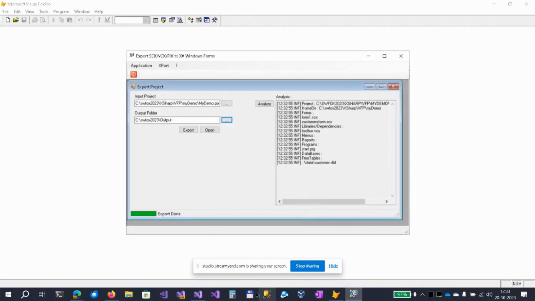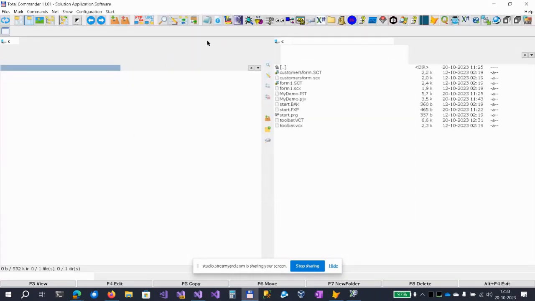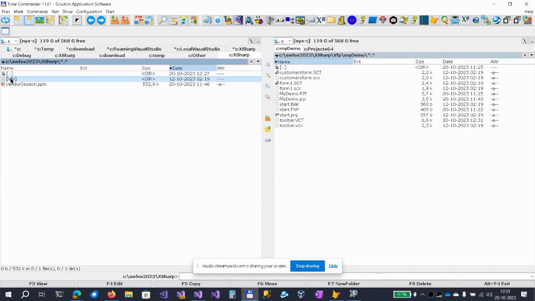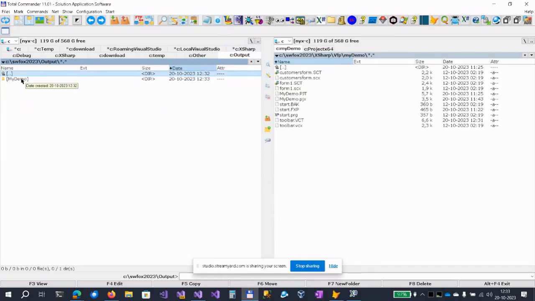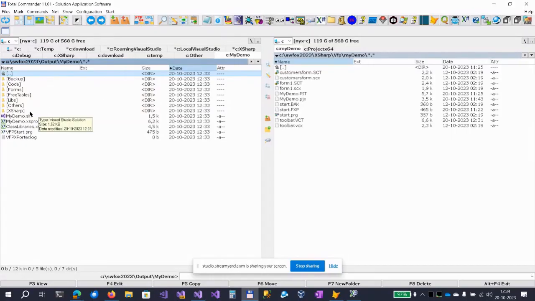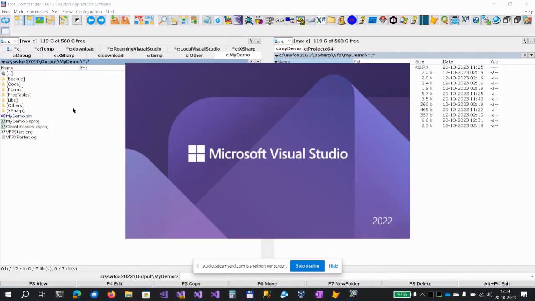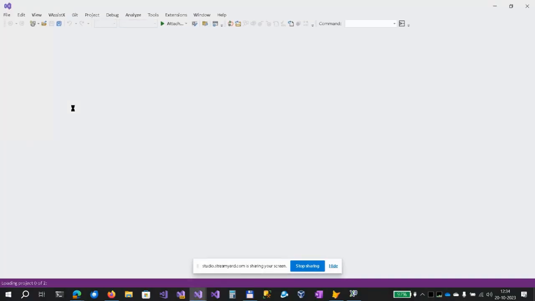Okay, let's go there. So we see the output folder and it has created the My Demo solution. It was the name of the project. I'm clicking on it and I'm opening this in Visual Studio.